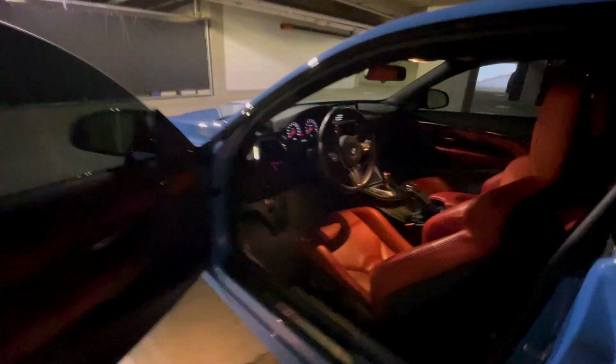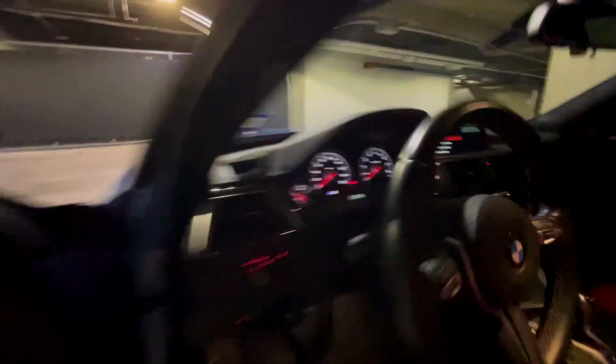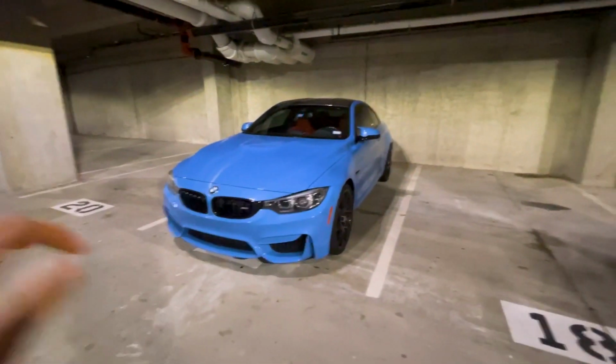And then check out how it has the red trim over here too. Has the red leather along the door right over here. And then I also really like the dash too. It looks really cool and it has lights that light up as soon as you get towards hitting redline, which is pretty cool. So now I'm going to talk about the things that I don't like about the car